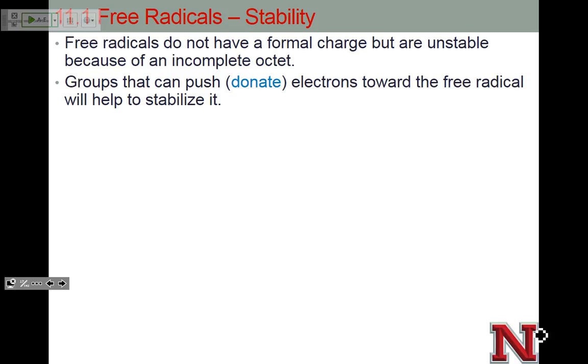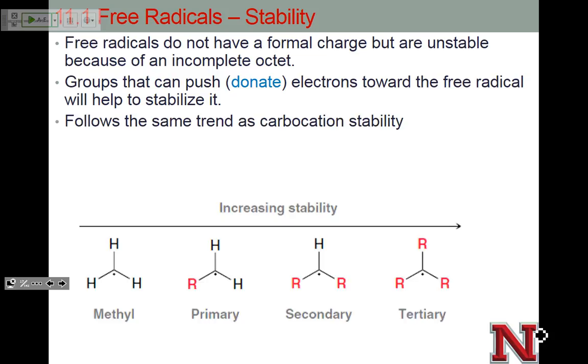So in the same way that carbocations can be stabilized, oftentimes our radicals can be stabilized the same way, because our atom, even though it doesn't have a formal charge of a positive, it still wants another electron, so it'll be stabilized by groups that push more electron density towards it, because it wants that octet. So the more electron density being pushed towards it, the more it feels like it has an octet, even though it doesn't. So our stability is